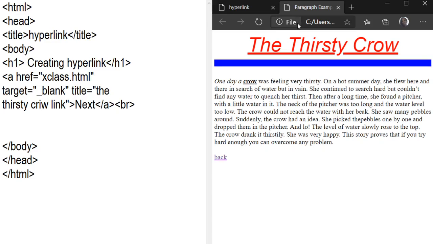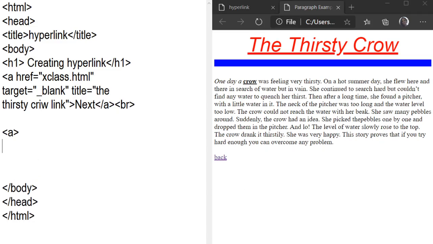Two types of links are there: one is your internal link, second is your external link. In external links, we're talking about the attributes of external linking. Three attributes are there. One is the href attribute: the name of the tag is a, and the attribute name is href. Second is the target attribute to display the linked page in another tab, and the title always displays the text as a tooltip. When your mouse is moved over the hypertext, your title will be displayed as a tooltip.